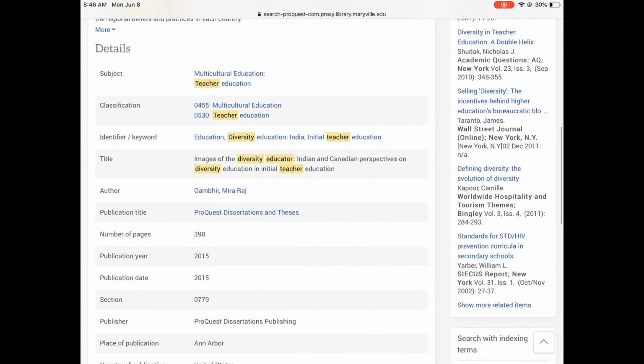If we scroll down, we can see more details. So we can see the subjects. We can see that they're using the phrase multicultural education. So that can be really helpful to me. Like maybe I go back up to my keywords and I use multicultural education as a keyword now instead of